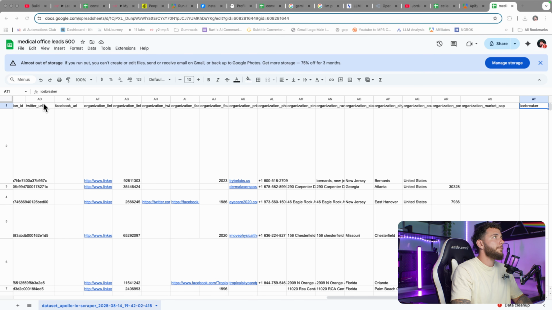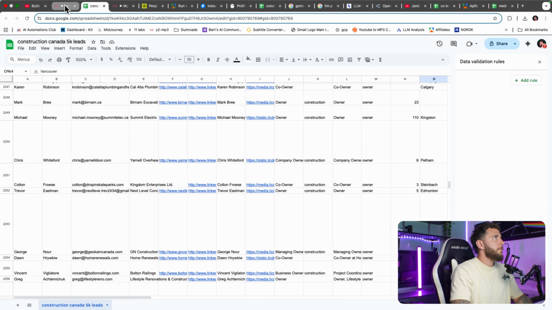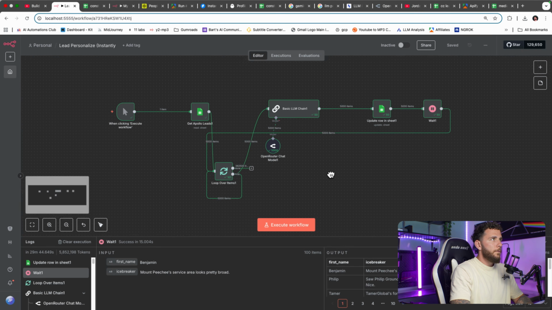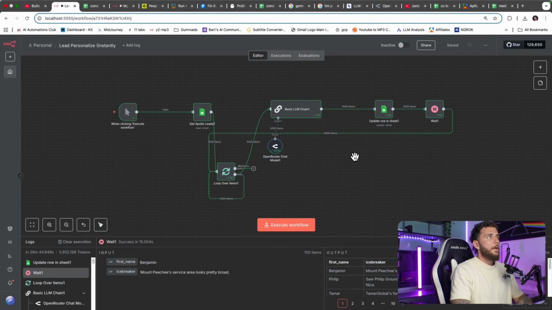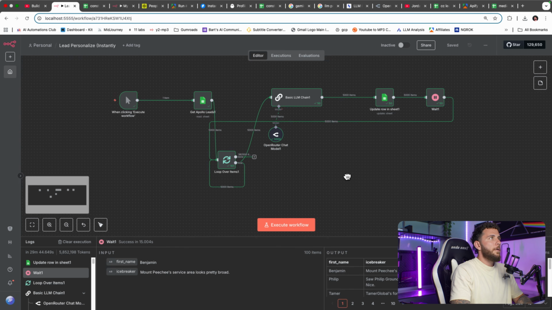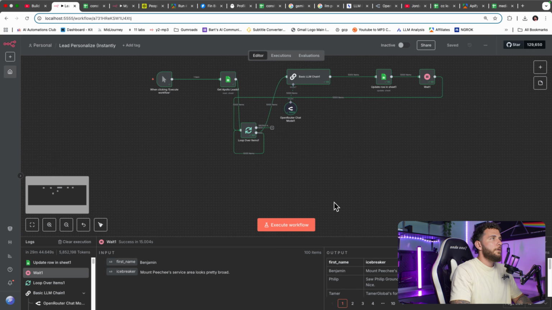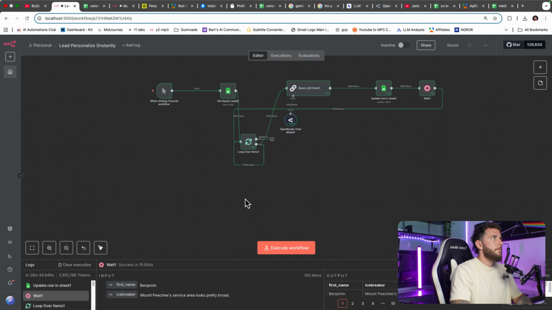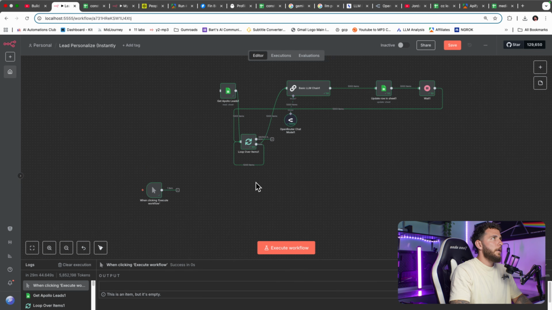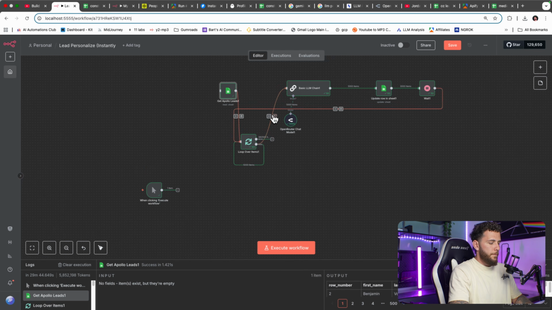And from here, we will pull this into our automation here. And so I'm actually just going to build this from scratch just so you guys understand it. And we're going to build it right under so you guys have an overview. Okay. So we're going to get rid of this, and we're going to just copy this over, and it's just